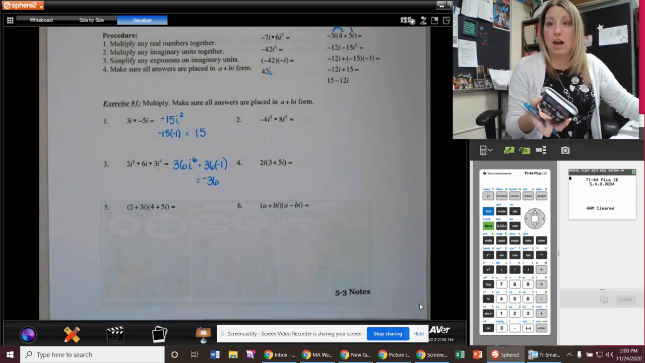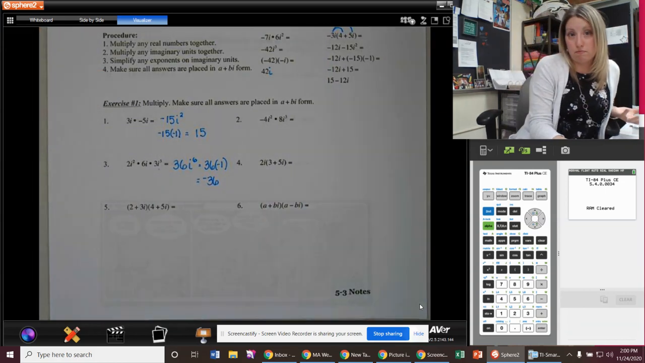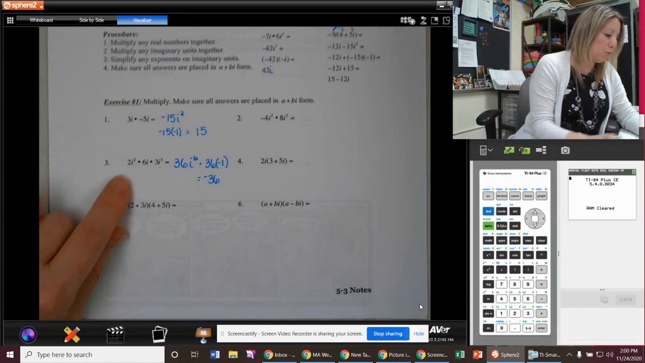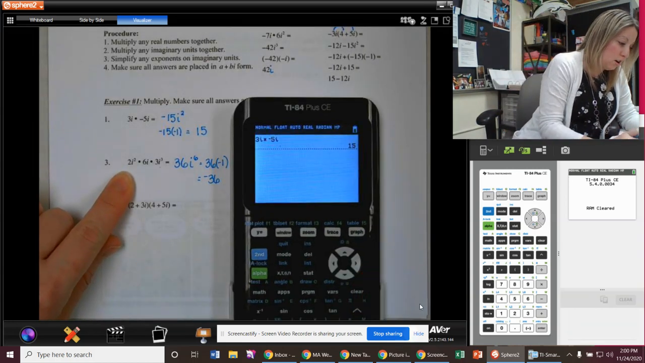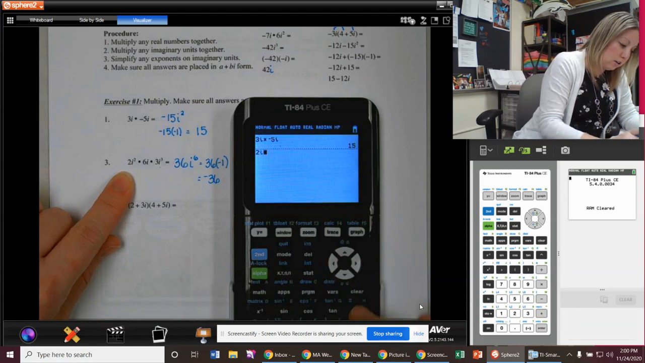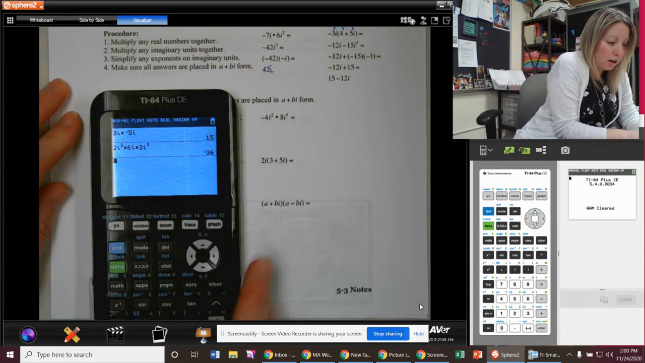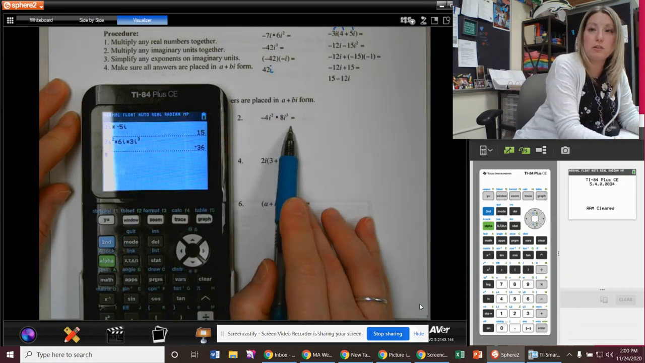When it's an even exponent, an i will not remain. If it's an odd exponent, an i will remain. I'm just going to prove this to you in the graphing calculator. 2i squared times 6i times 3i cubed. There we go. Let me just go back and do number 2, because this will give me a single